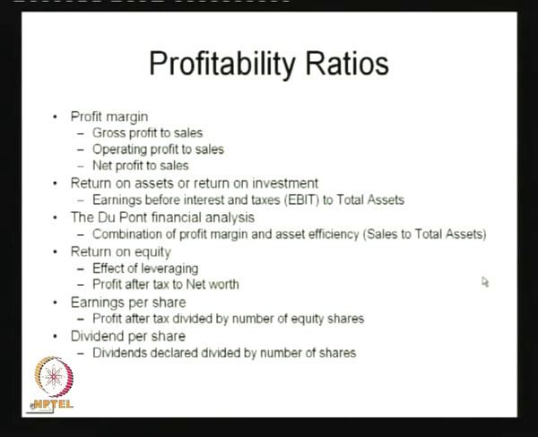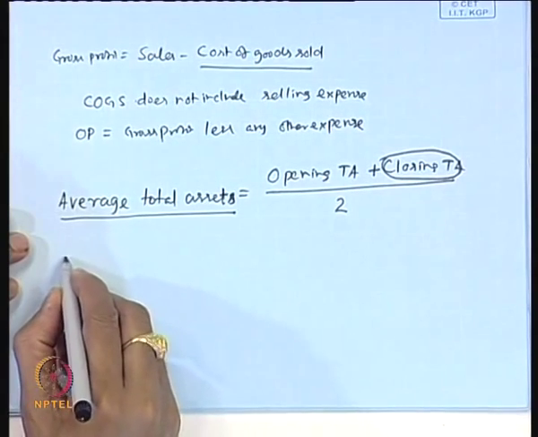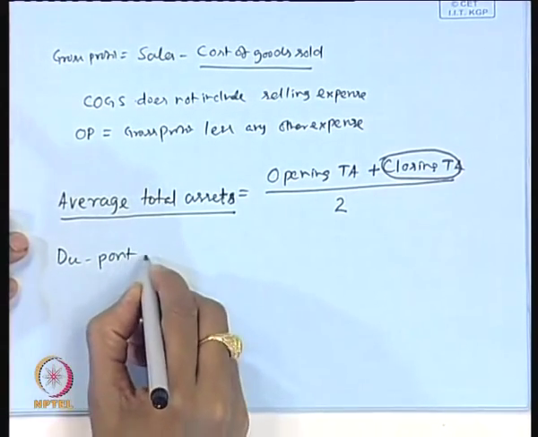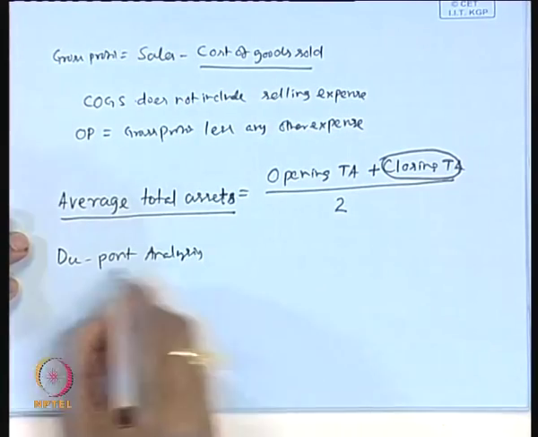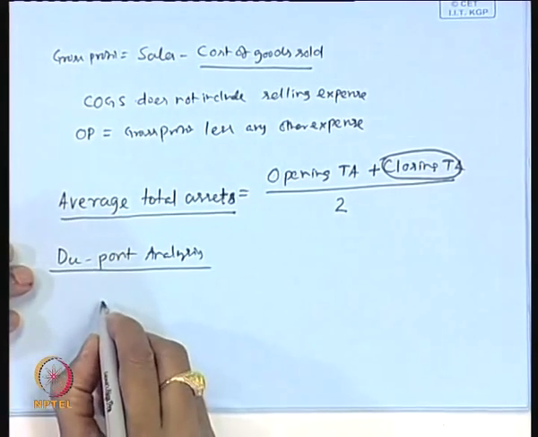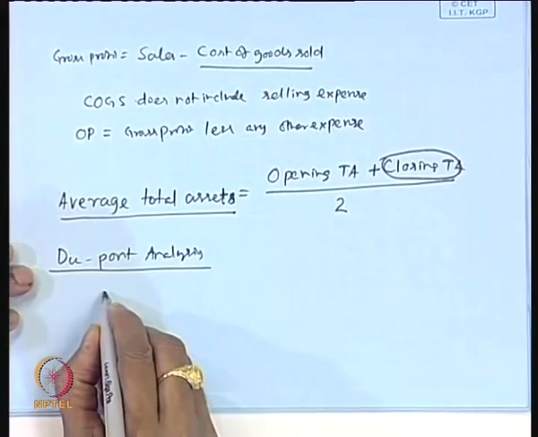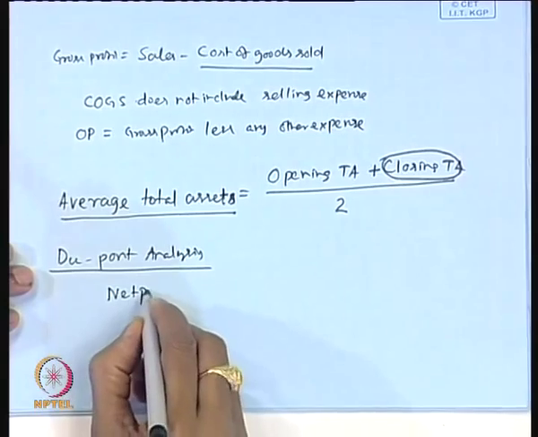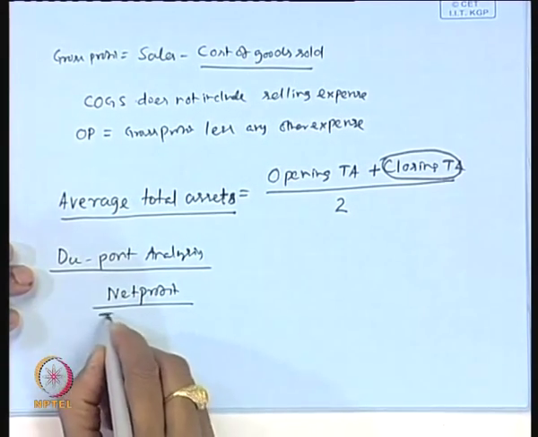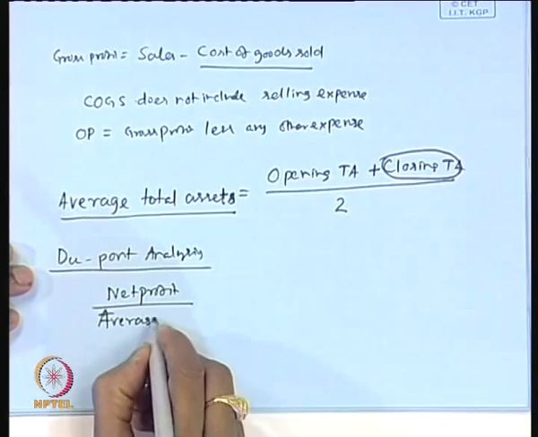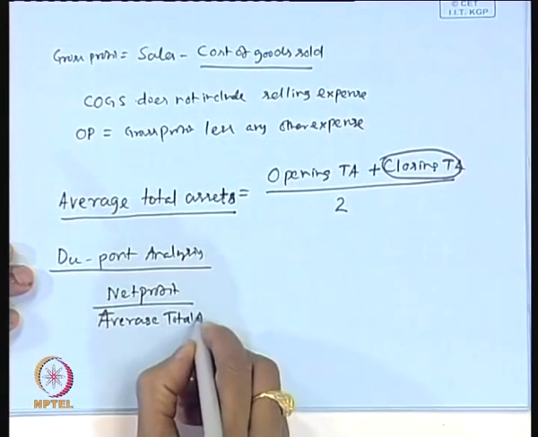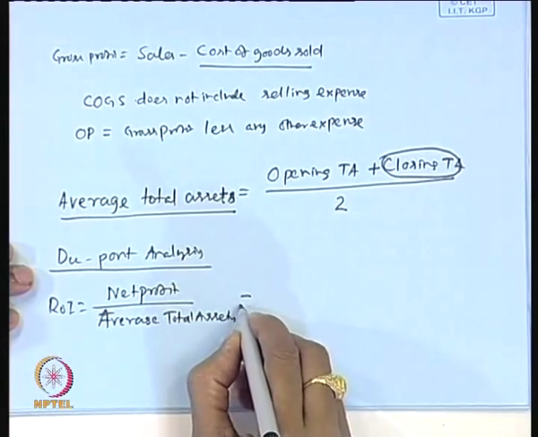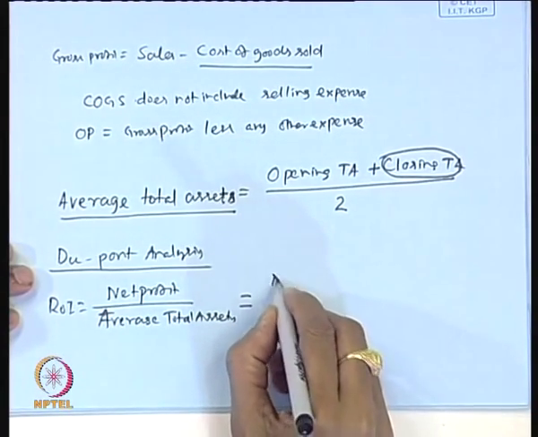The DuPont chart is a very simple format, but a very useful analysis method, where we talk about the profit to total assets, that is net profit to average total assets, which is the return on investment, and if you expand it further,